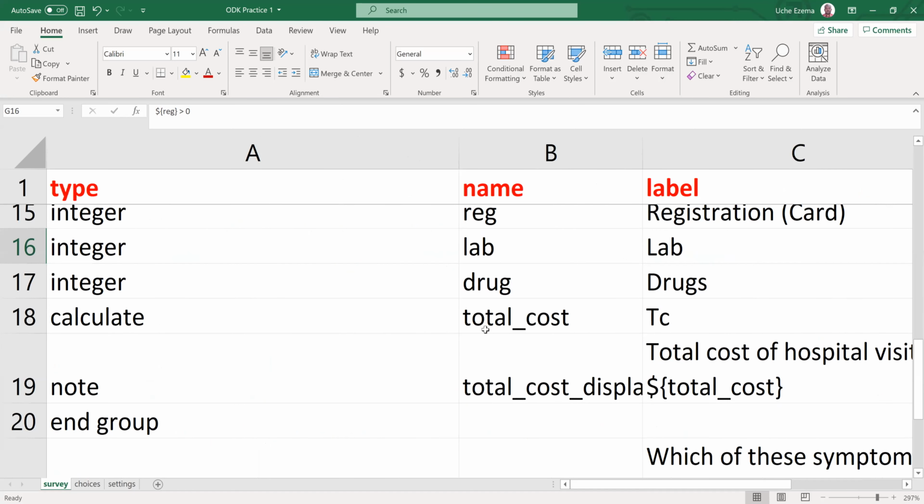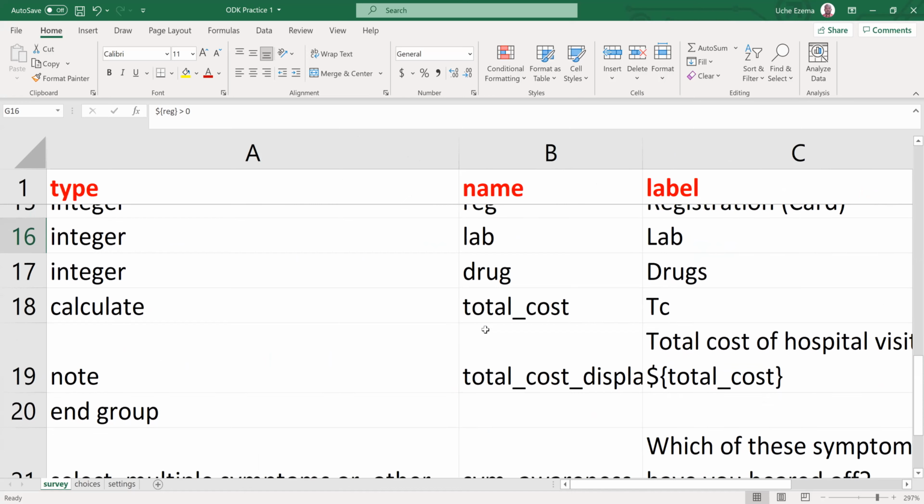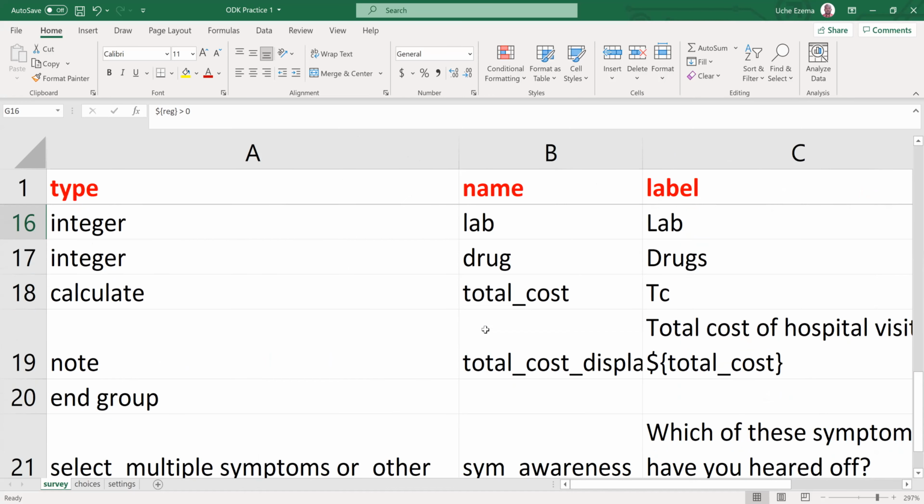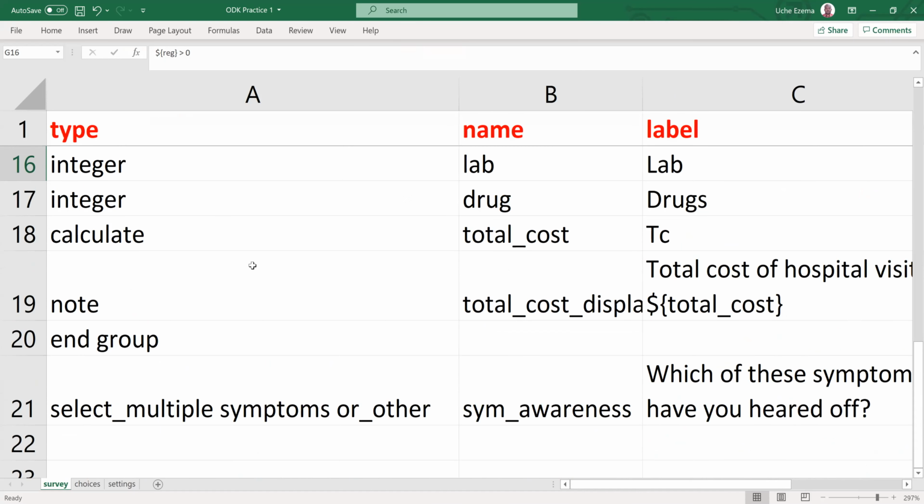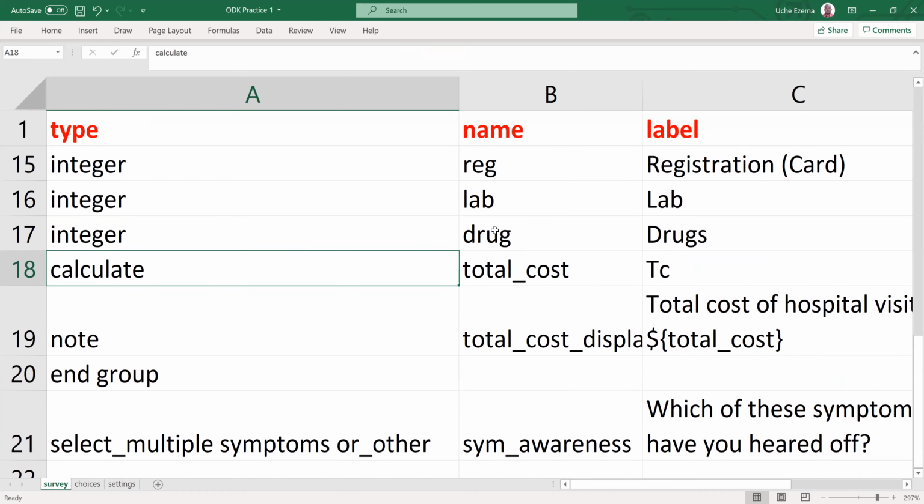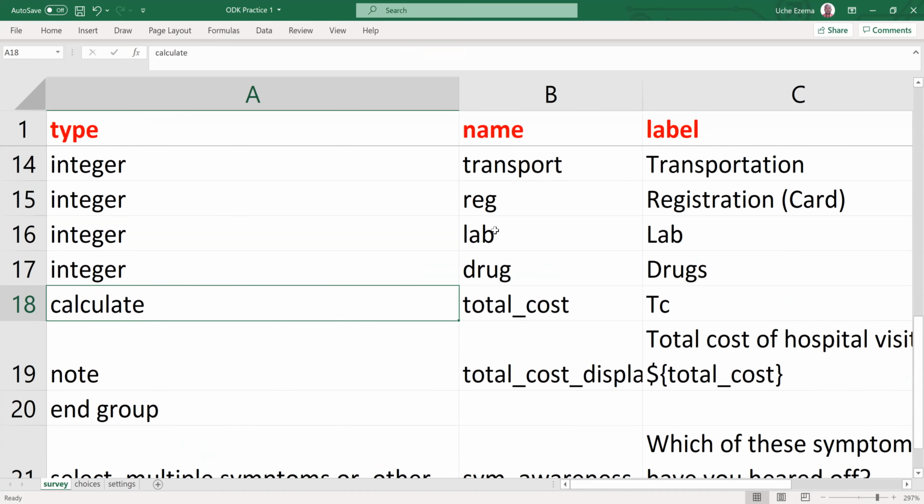Now, for the want of time, what we could not explain on Saturday is this calculate. So in some aspect of our work in the future, we'll be needing the calculation function of the XLSForm. So if we want to calculate,